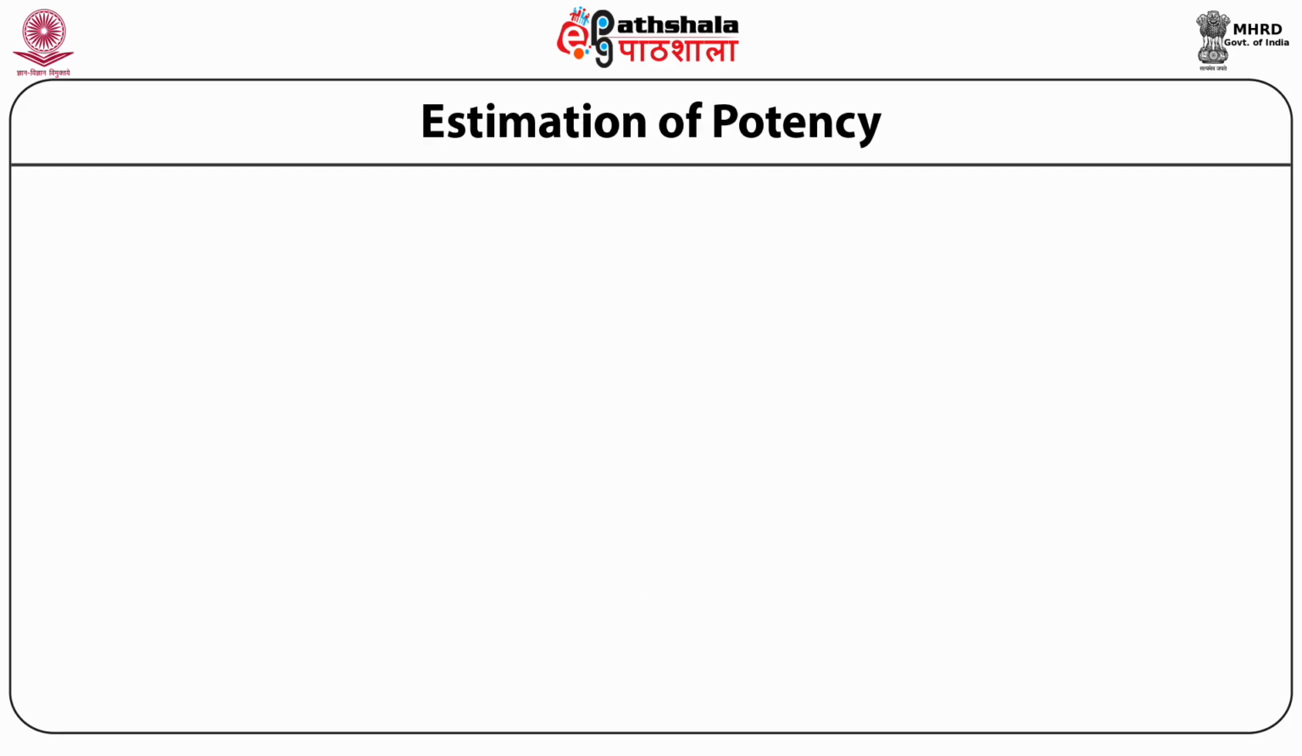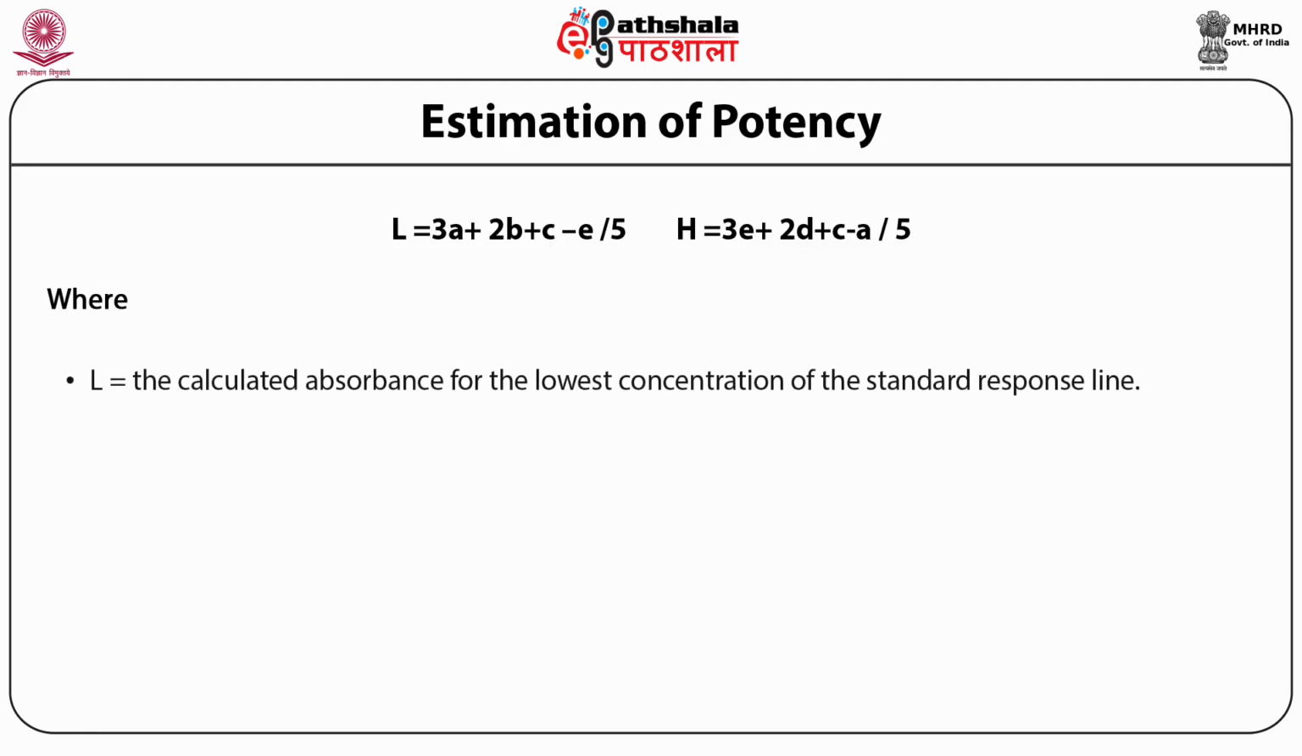Estimation of potency after the turbidimetric assay. After the turbidimetric assay, the estimation of potency is carried out by using the formula L is equal to 3A plus 2B plus C minus E divided by 5, and H is equal to 3E plus 2D plus C minus A divided by 5,